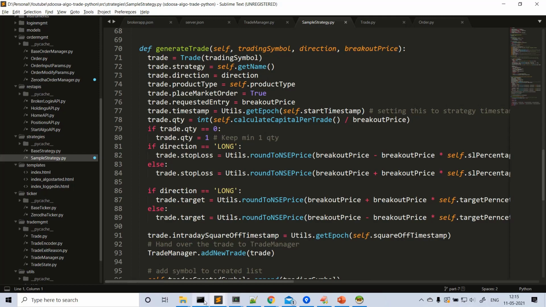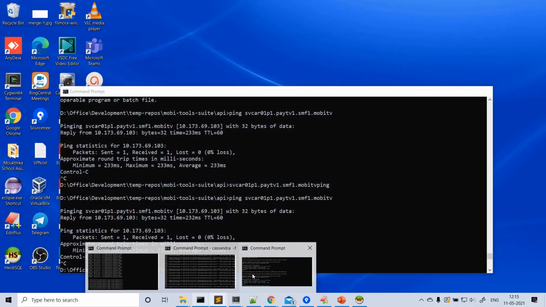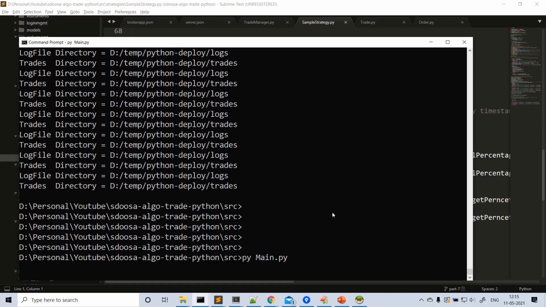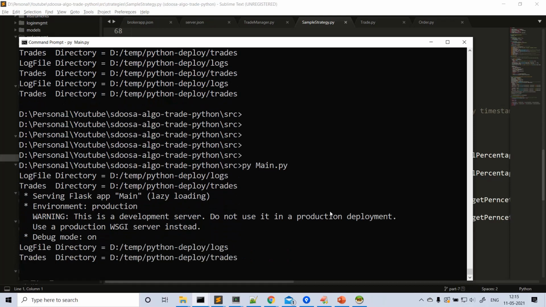Let me switch to here. So I'm starting the program main.py. When you start the program, there are no prints, right? I told you, I moved all the logs to a file.